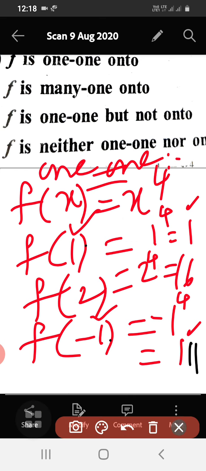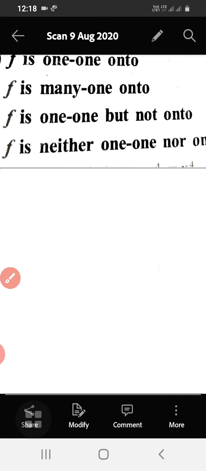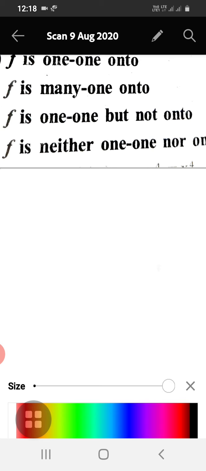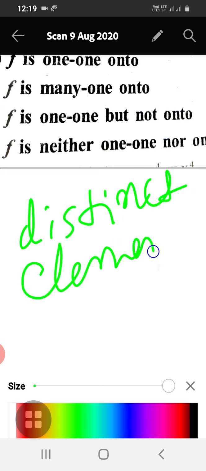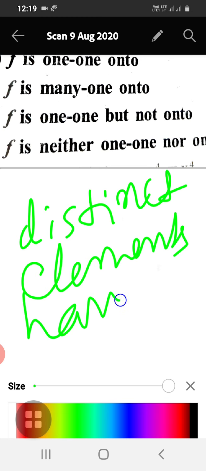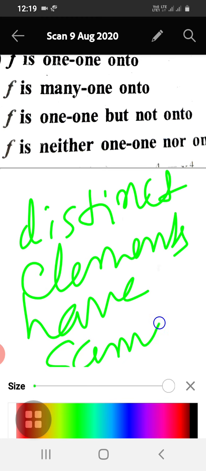So we can write that distinct elements have same image. So what is our conclusion here?